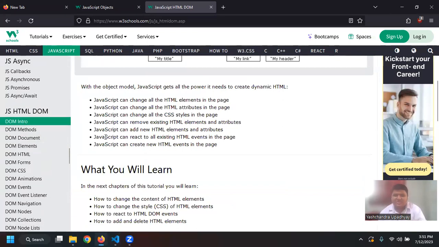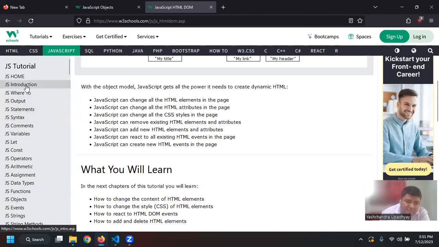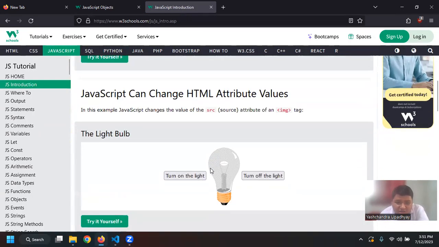So again, we have DOM methods. DOM methods are basically how we change the inner HTML, as well as how we add new CSS, as well as how we add new HTML elements inside my document. JavaScript can change all the HTML elements in the page, and JavaScript can change all the HTML attributes in the page. So whatever HTML elements are there, as well as their attributes. Let us say I have an image, I can use DOM manipulation to change the source of that image. So if I just go here for this example, if I go to JS introduction,